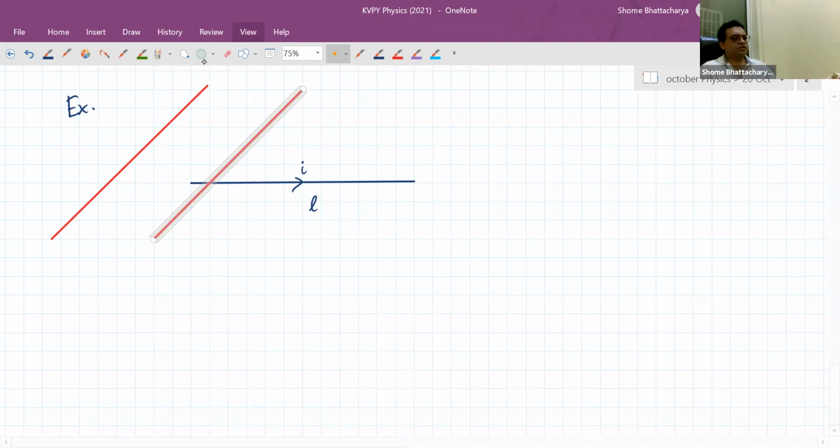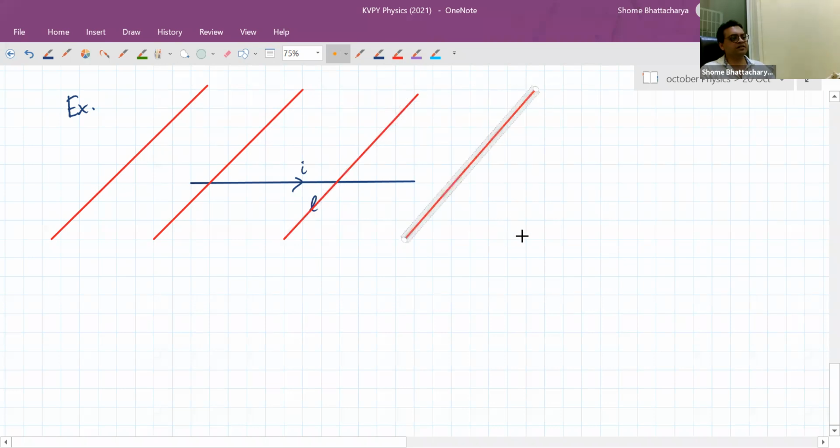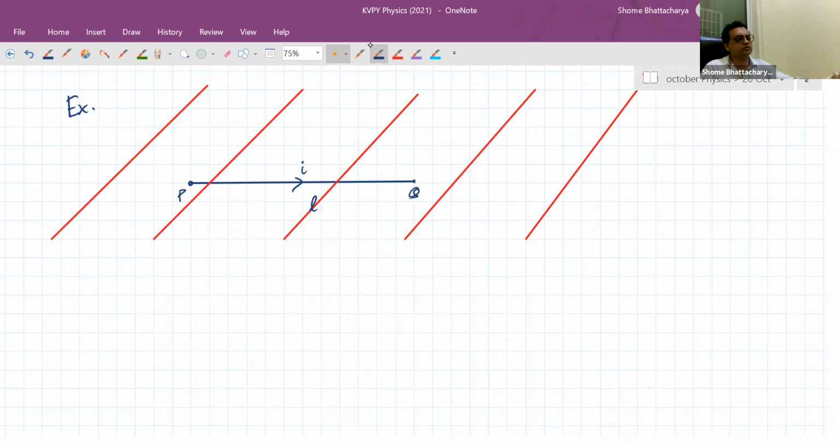Okay, people. Now the next situation we have is that we have a current carrying wire, which is a straight wire, but it's not infinitely long. Previously we had it along this thing. So the current exists only in this limited section. In fact, let's not use the symbol B because that will be used for magnetic field. So the current carrying wire exists between the points P and Q. And there is a uniform magnetic field which is like this.